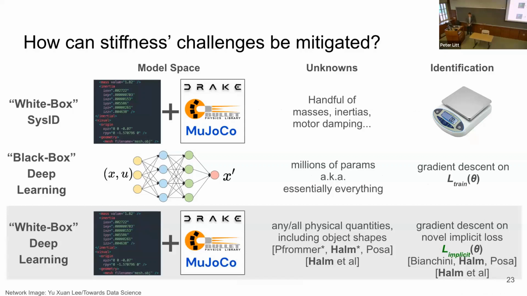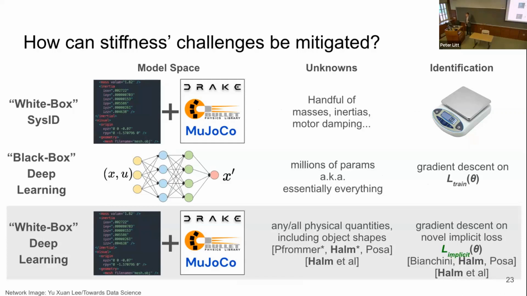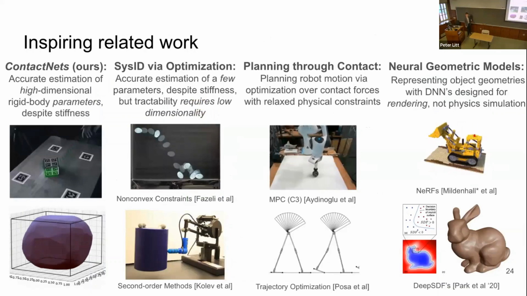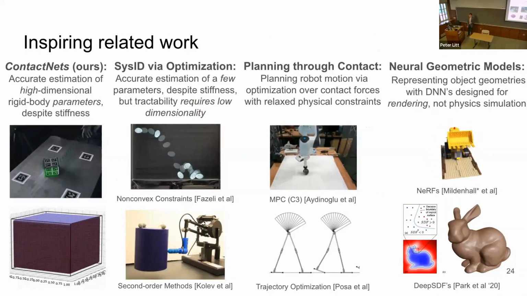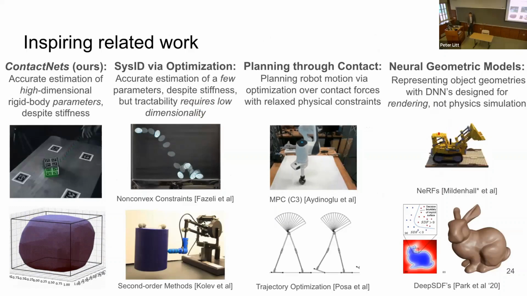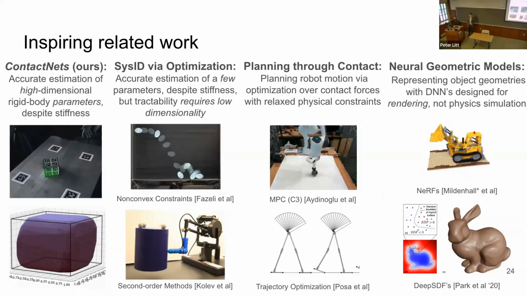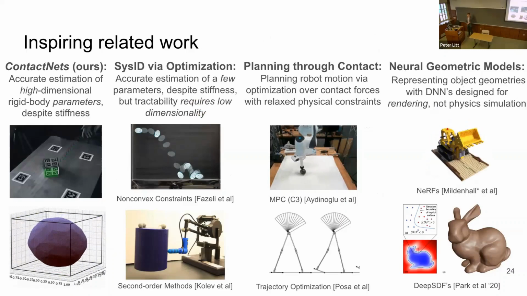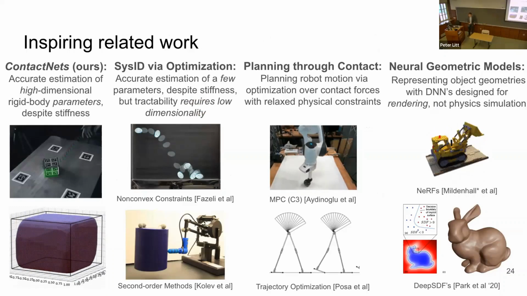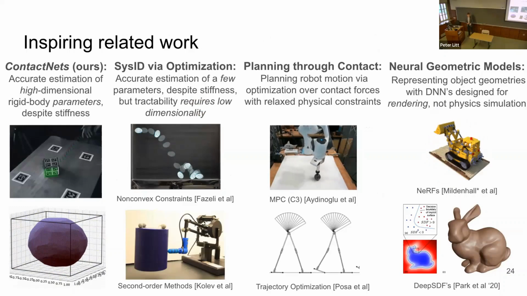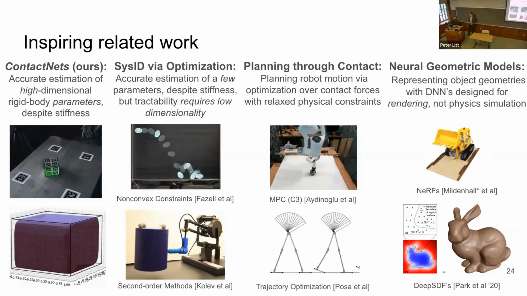One way is we're going to be learning a deep neural representation for reconstructing object geometries from scratch. And we're also going to develop our own novel training optimization procedure by which we minimize a loss other than prediction error. There are many works in the robotics community, as well as the computer graphics and computer vision communities, that have inspired this. Namely, in terms of defining our new loss, we're going to take inspiration from the constraint violation structure that has been pursued both in low dimensional system identification and planning and control, both inside the DARE lab here at Penn and also at other universities.